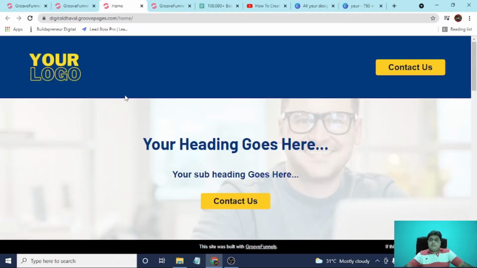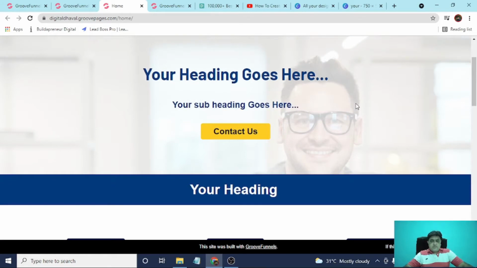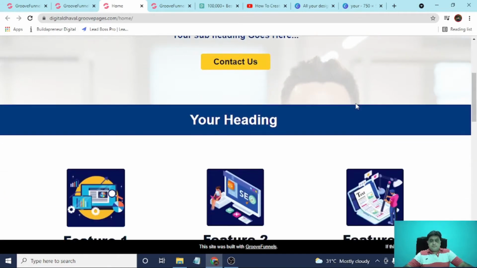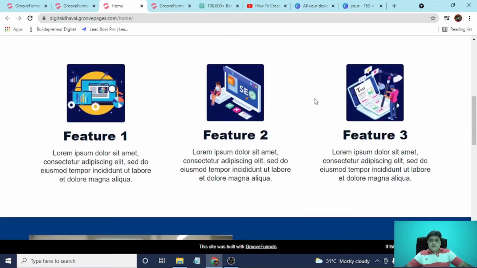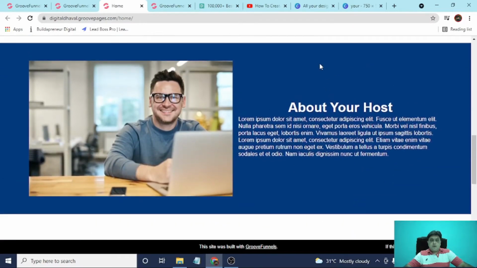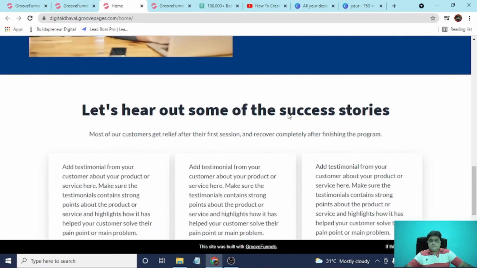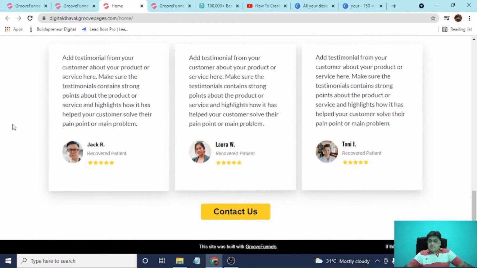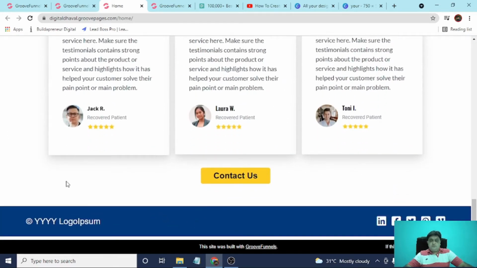Okay guys, I have made changes in the template so it looks better than before. I have changed the heading as well as the background, as well as images in the blocks, background color of the about section, testimonial is the same as it is, and background color of the footer.